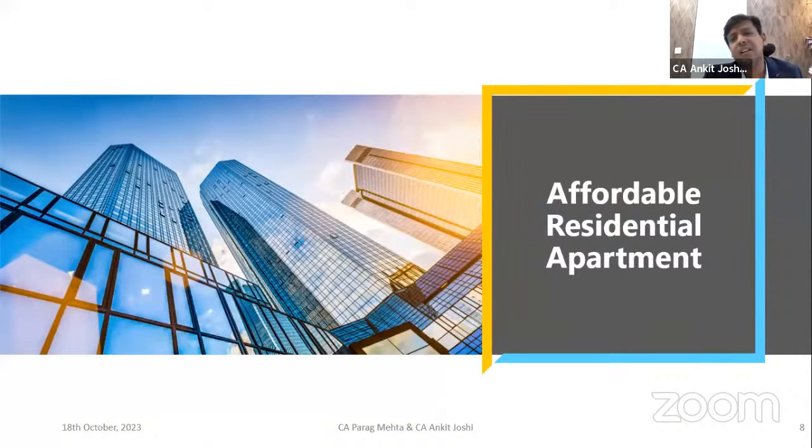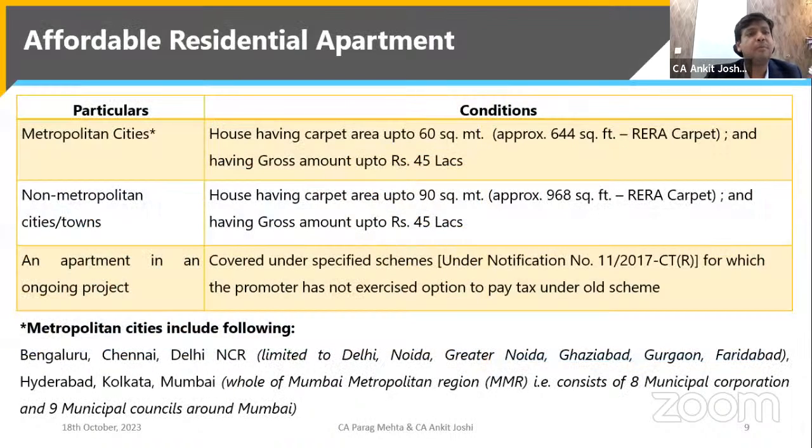So whenever we are using the term affordable, what does affordable actually mean? In the case of metropolitan cities like Bangalore, Chennai, Delhi NCR, Hyderabad, Kolkata, Mumbai, and other MMR regions of Mumbai metropolitan region, if the carpet area is up to 60 square meters and the value of the flat is up to 45 lakhs, then it will be considered